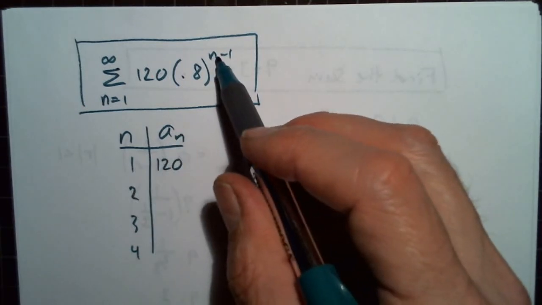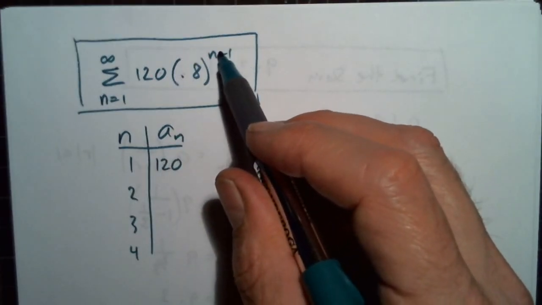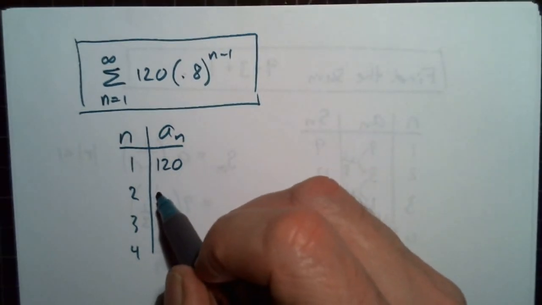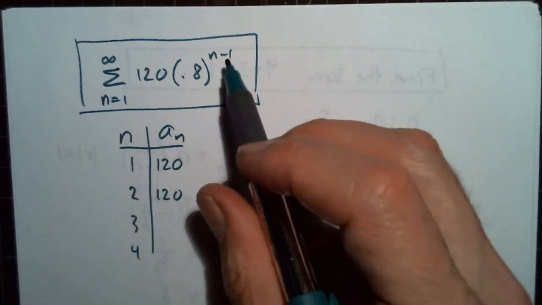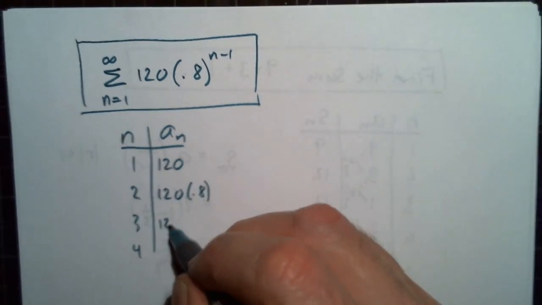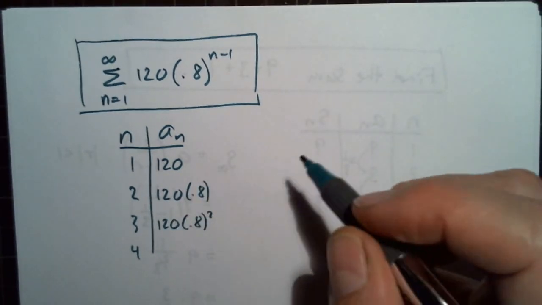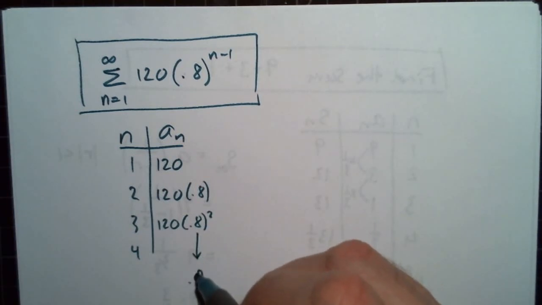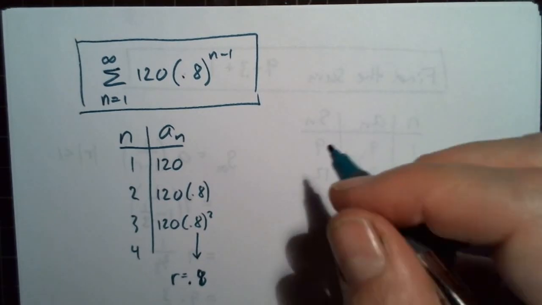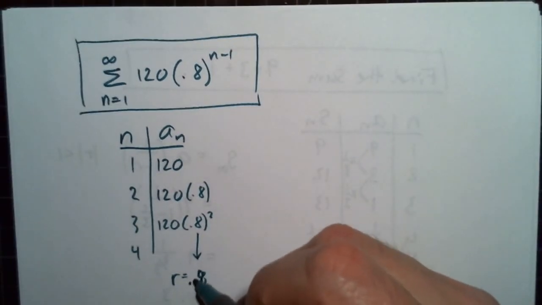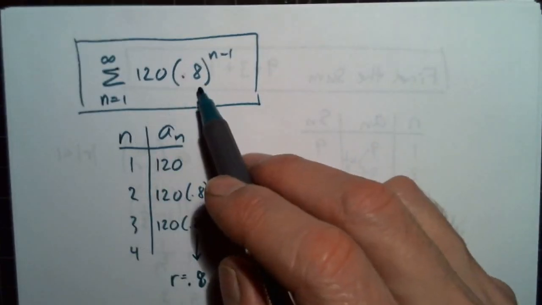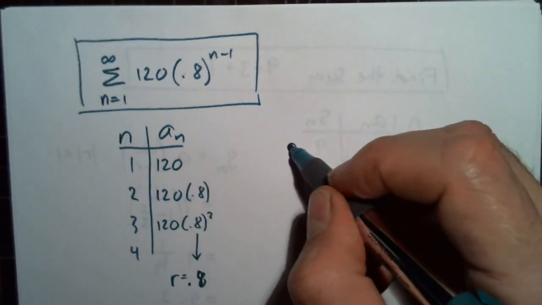Alright, if you put a 1 there, it's 1 minus 1 is 0. 0.8 to the 0 is 1, so that's 120 times 1. And here we have 120. If you put a 2 there, 2 minus 1 is 1. So we would go 120 times 0.8, 120 times 0.8 squared. And we see that we're multiplying by 0.8. So the common ratio is 0.8. And if you know the common ratio, and that is between 1 and -1, so now we know that there is a sum for this series. The series converges, and we can find